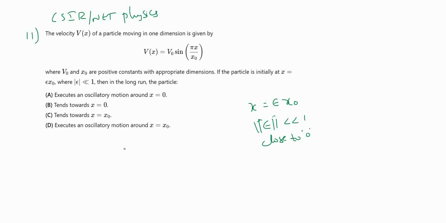Epsilon naught is very much less than 1, so I can assume it is close to 0 basically. In that case, v of x equal to v naught sine pi x by x naught is epsilon naught. So basically it is epsilon naught, which is very small, so it is 0. So v of x equals 0